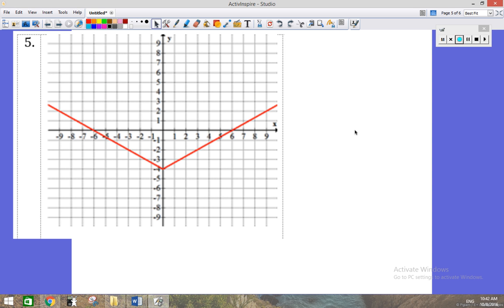When we look at this graph, it looks similar to an absolute value that's been widened and lowered, so a horizontal stretch and lowered 4 units. We can assume that that goes on forever in both directions like that. Let's use a green highlighter to indicate where the function is decreasing and a yellow highlighter to indicate where the